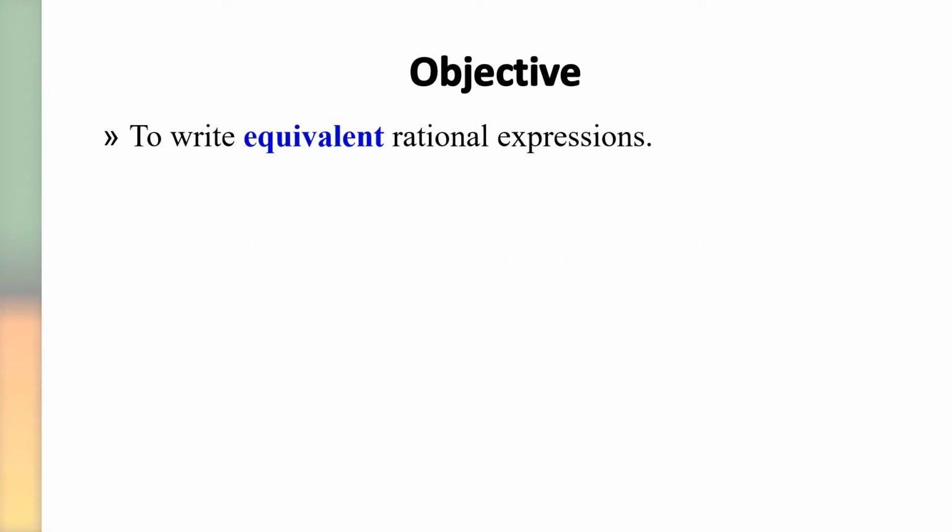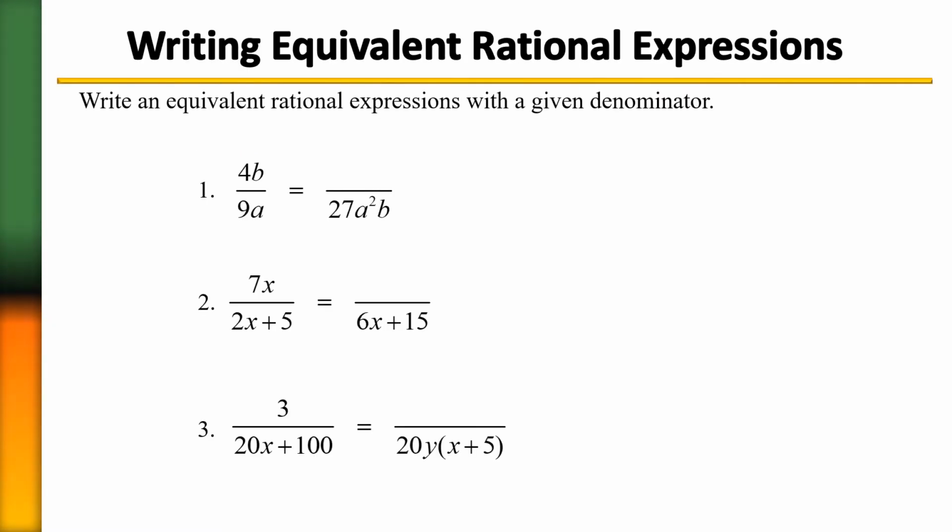In this lesson, you will learn how to write equivalent rational expressions. Writing equivalent rational expressions. Here we're given an expression and asked to write an equivalent expression with the given denominator. So in the first expression, it has a denominator of 9a. So we need to ask yourself, what do you need to multiply 9a with in order to get 27a squared